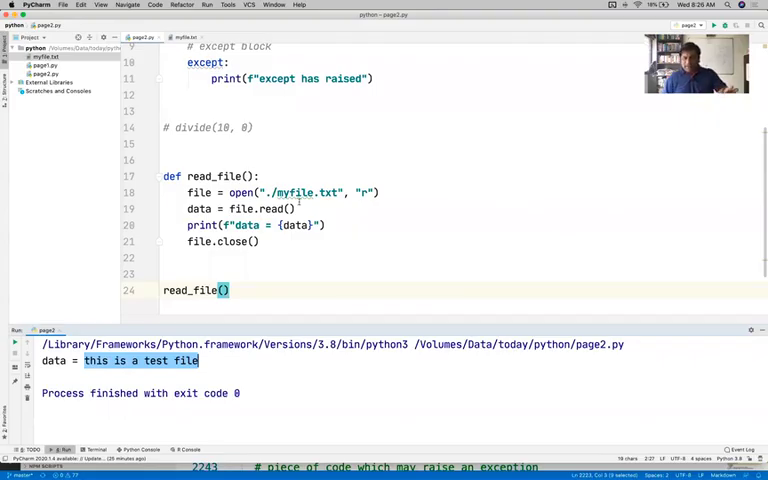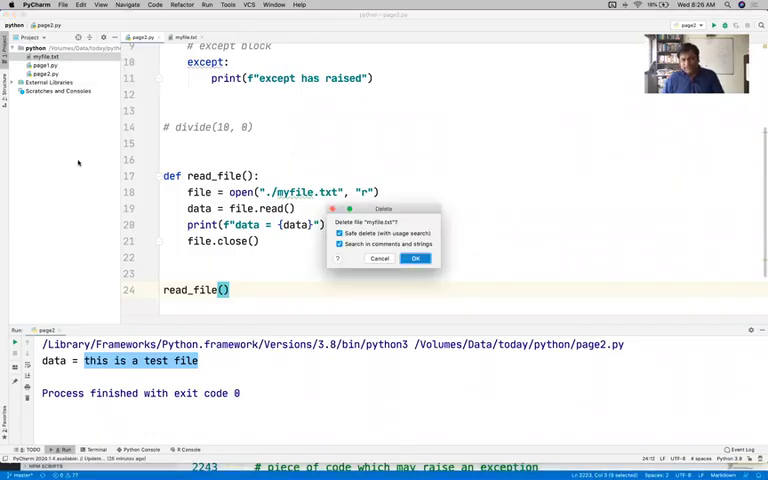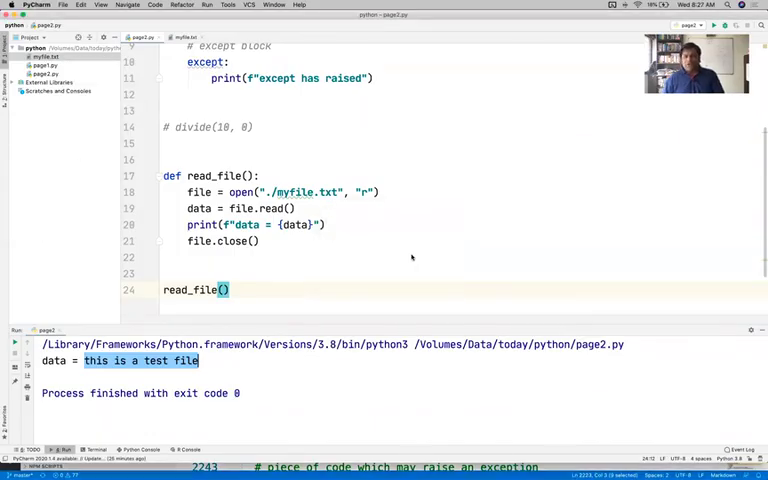So the file exists there, I could read the file, I could get the data out of it, I could print the data on the console. Everything went smoothly. Now, if I change this file, or rather simply delete the file, and run my code, what will happen? So probably you would see that when